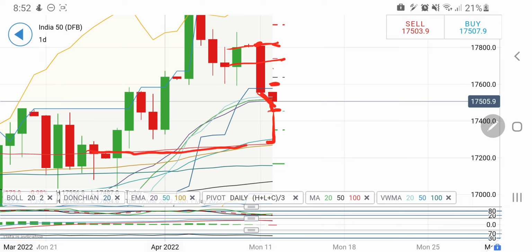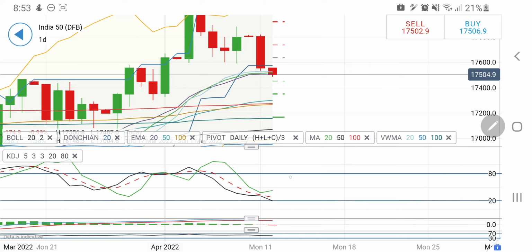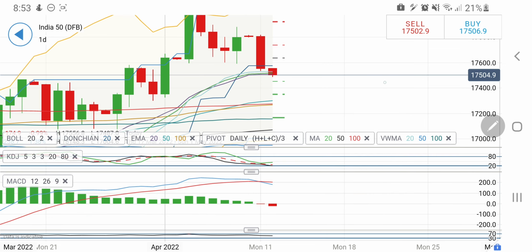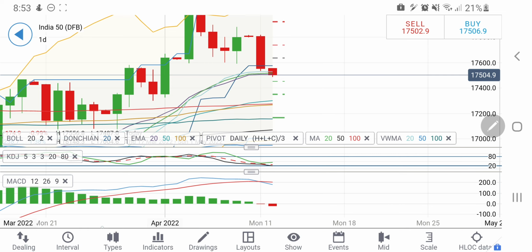The next support level at around 17,300 and then 17,380 should come into picture. So a short entry below 17,450 can be taken. That is what is apparent here. And don't go short till the time it remains above 17,500. And yes, 17,600 is going to be a fairly strong resistance for Nifty for any further rise. Look at the daily stochastic near to oversold zone. It can enter oversold zone, and MACD has just crossed over and divergent, indicating there is still bearishness.